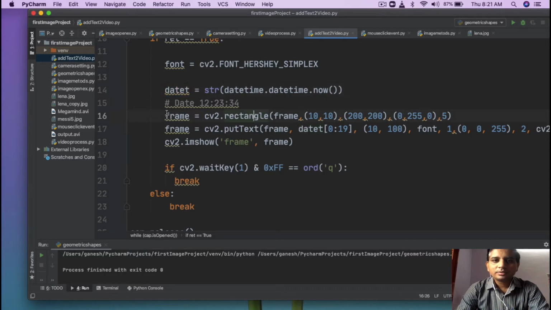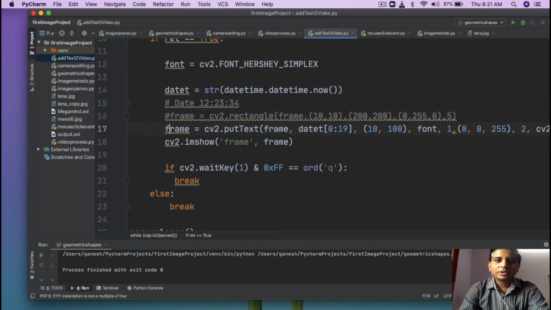Now what we need to do here is put a text on your frame. So you need to first call the putText function. The very first argument is the frame on which you want to write your date, and then the second argument is the text, that is your date.